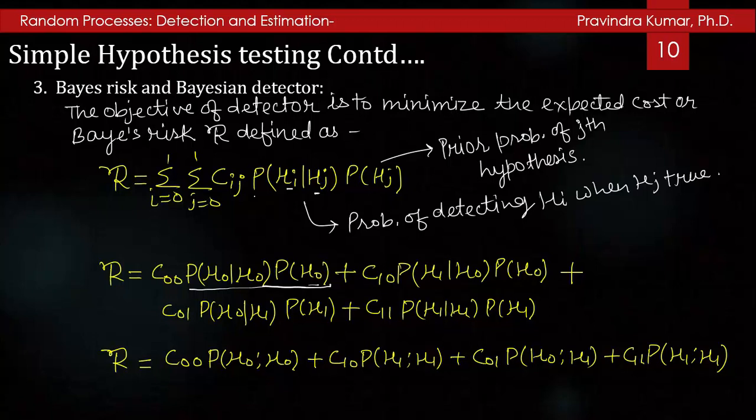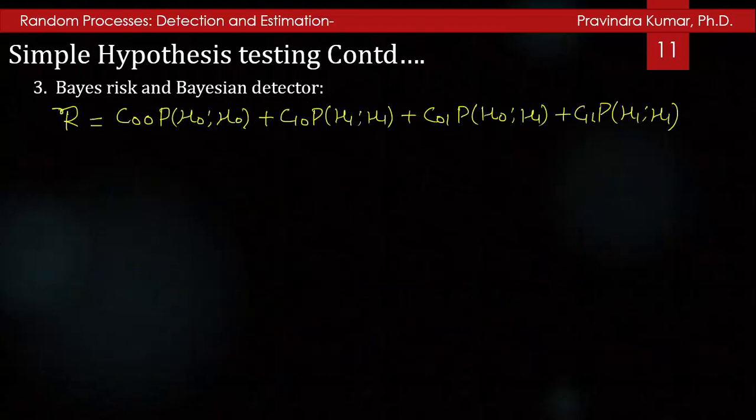So I can write it as C00 P(H0, H0), C10 P(H1, H0), C01 joint probability of H0 H1, C11 joint probability of H1, H1. So here, if C00 is equal to C11 is 0, it means there is no cost assigned to the correct decision,